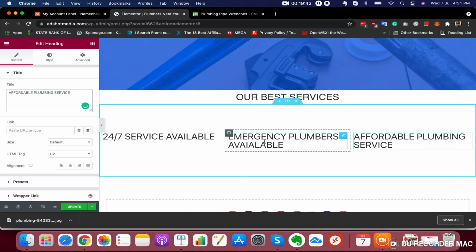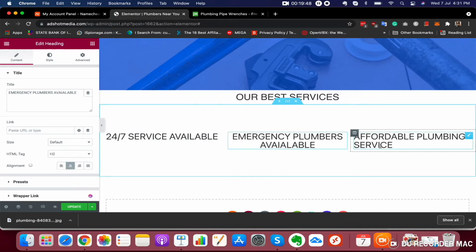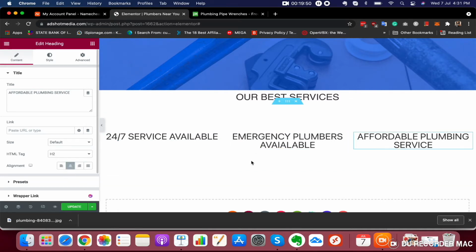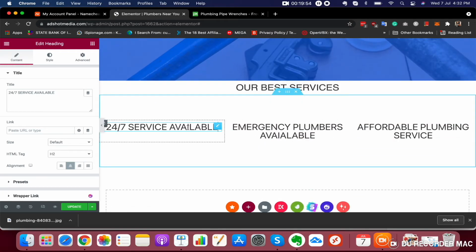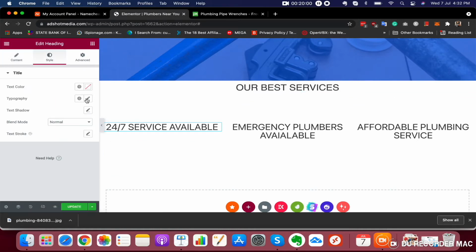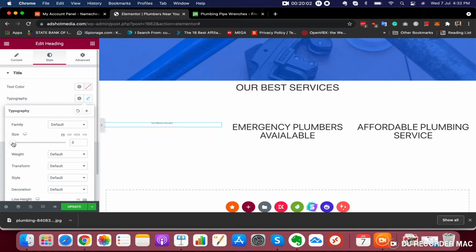And just make these text center line. Click here and center line, click here and center line. Now I think we should decrease the font size a little bit, so just click here and go to style and typography, and yeah, 23 is good.